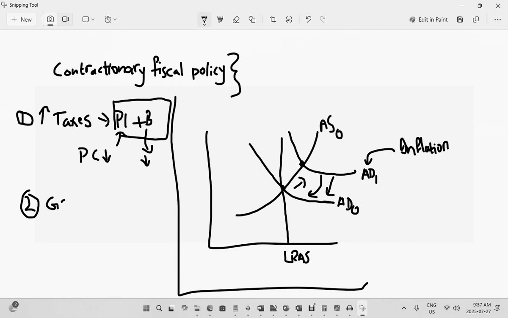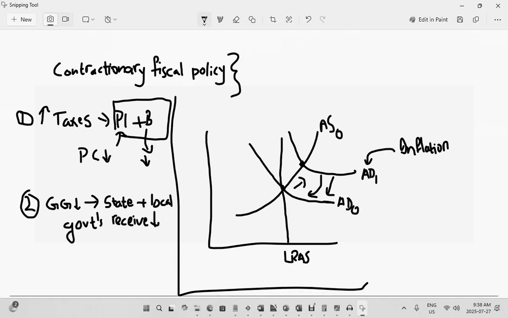So government grants go down, as a result of which what's going to end up happening is the state and local governments will receive less money from the federal government. So state plus local governments, federal government grants. So federal government grants go down. Federal government grants to state and local governments are reduced,